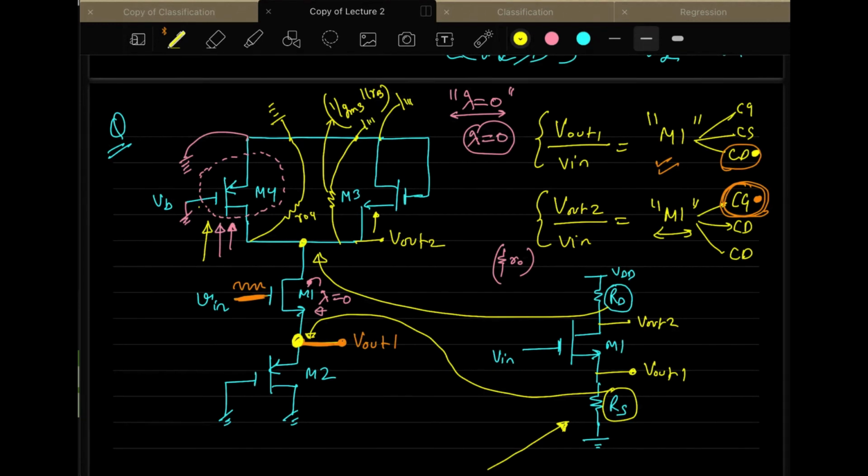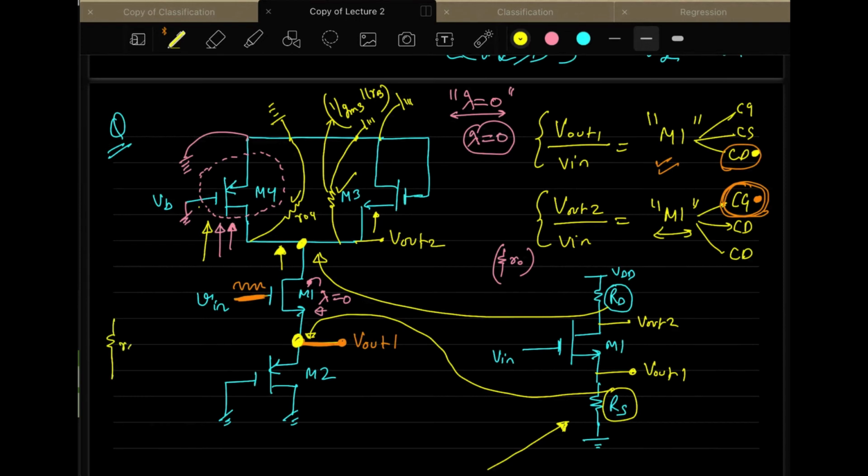So now if you want to calculate the total resistance from here till ground, it is very easy, right? You have two resistances. One resistance is this one, another resistance is this one, and they both are parallel because they are connected to ground on one side and to a point at this side. So both of them are parallel.